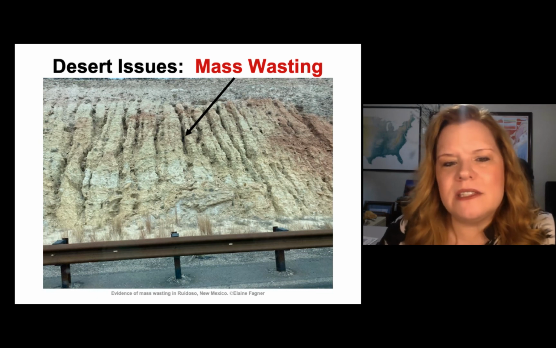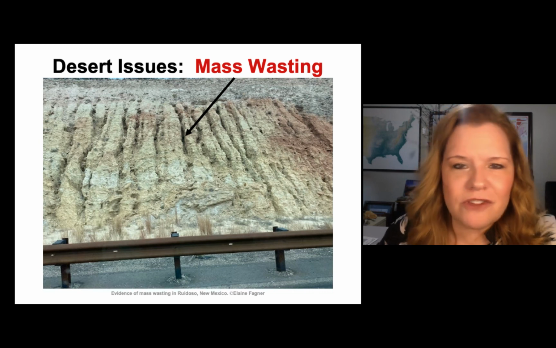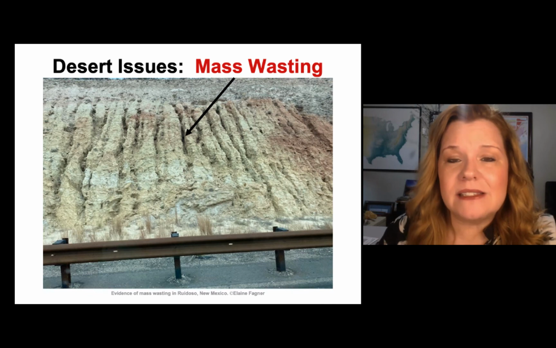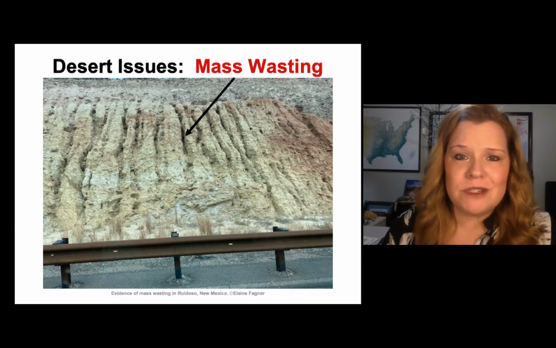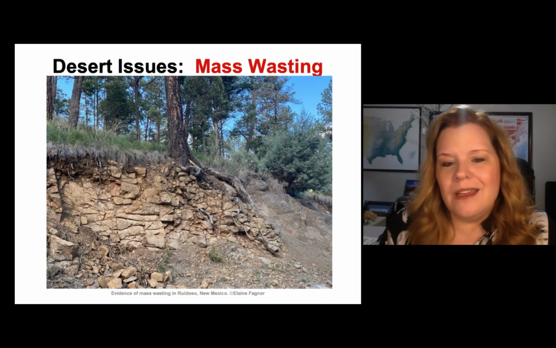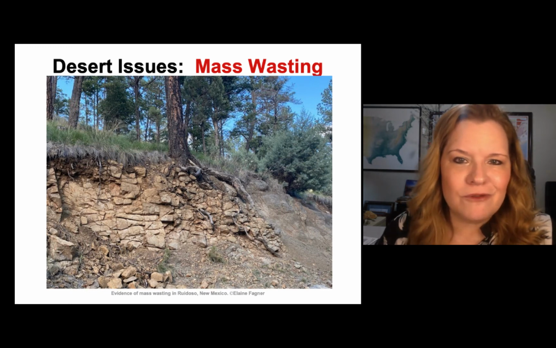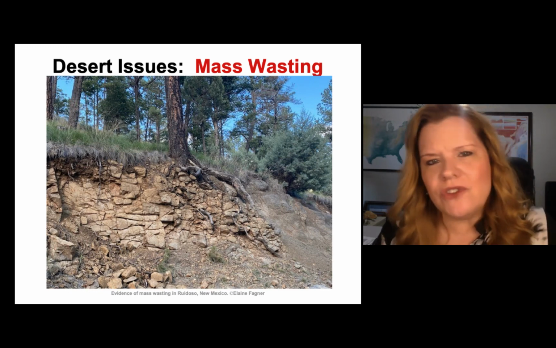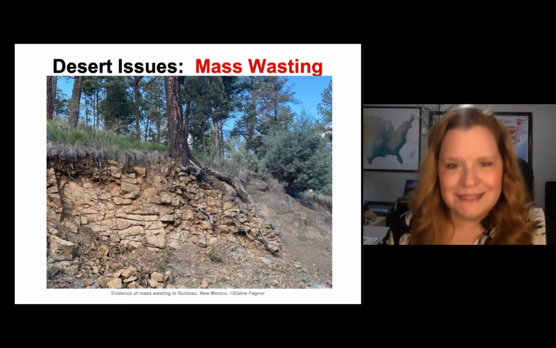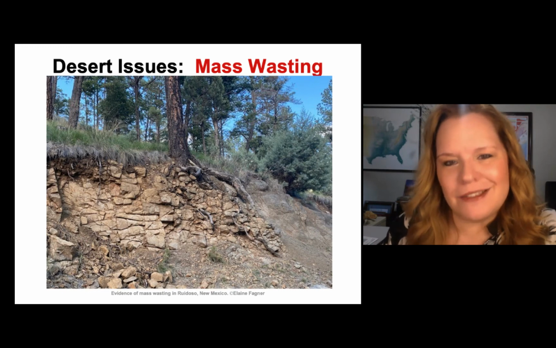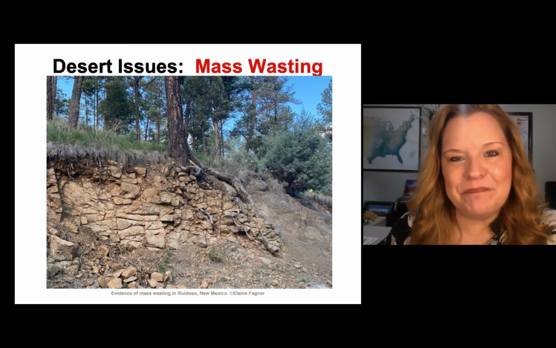You see something like this in the desert, you get very barren landscapes, and you get that frost wedging, and you get runoff and so forth. It compromises the substrate, making it very prone to mass wasting. This is biological weathering in Ruidoso, and can you see how it's totally eating away the rock and not allowing for vegetation? You see this kind of thing, you need to go, that's a problem. I need to be careful about that because I need to recognize that mass wasting could happen at any time.